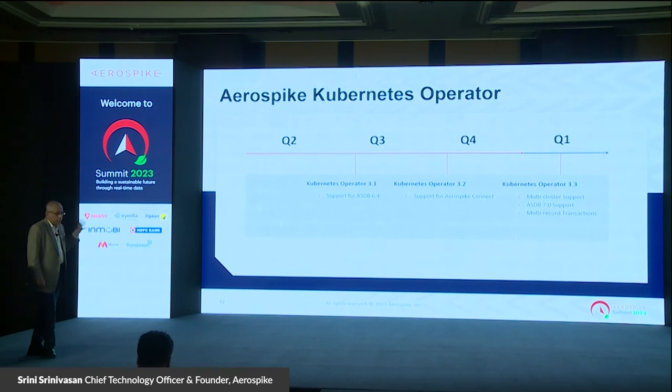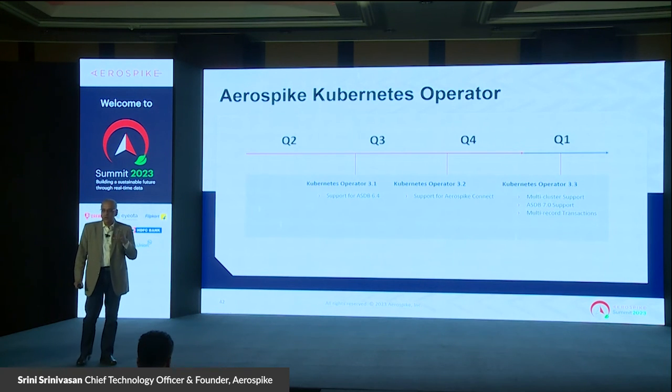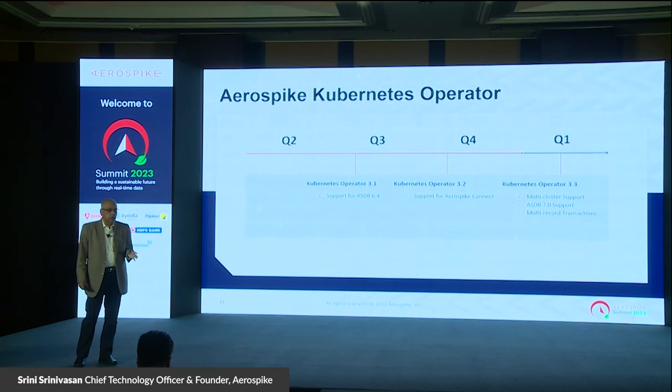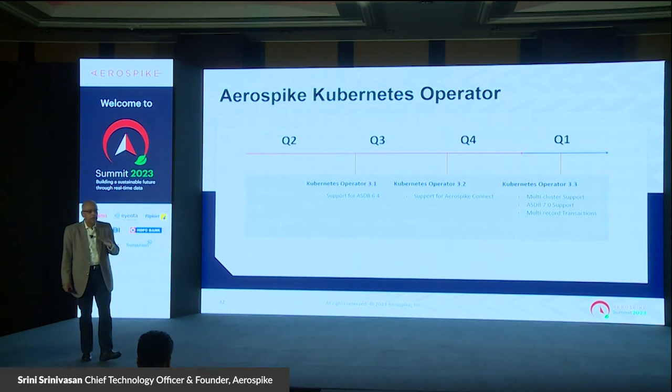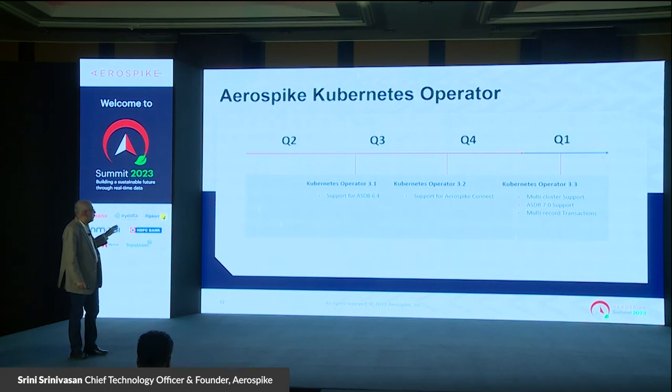Okay. The operator has been a huge focus. It's actually open source. The code is available, and you can look at it. The important thing I want to say here is multiple large customers are using the Kubernetes operator now at scale in global deployments. These are really large deployments, okay? And we continue to add support for the new Aerospike server releases that come out. Support for 6.4 is out, and then we will support 7.0 when it comes out.